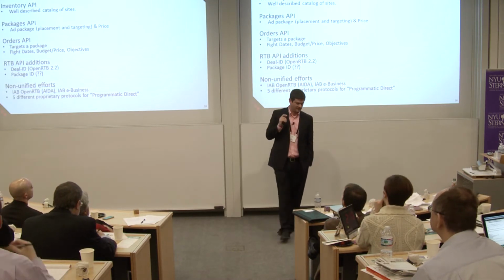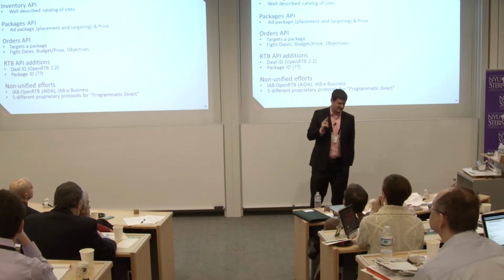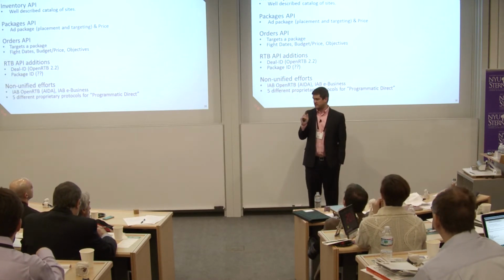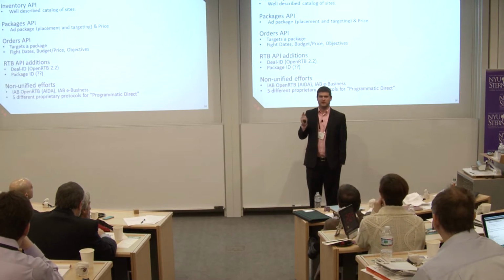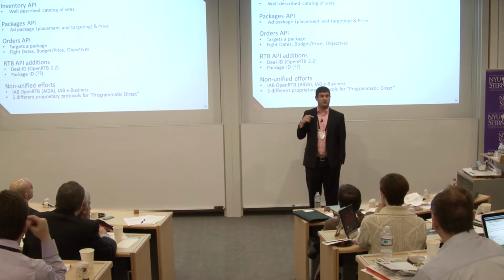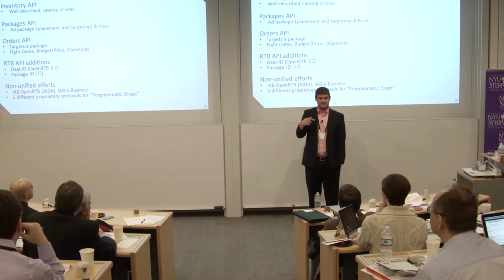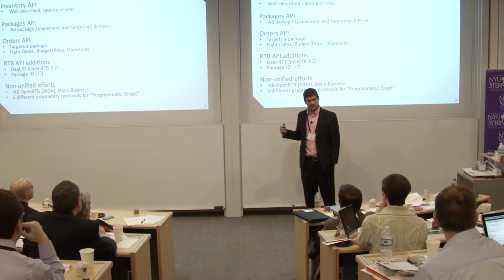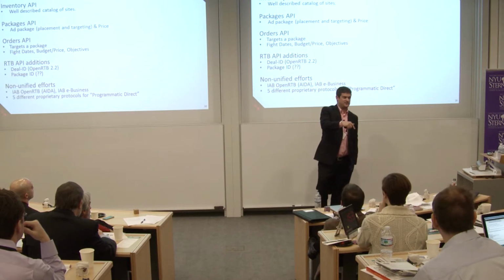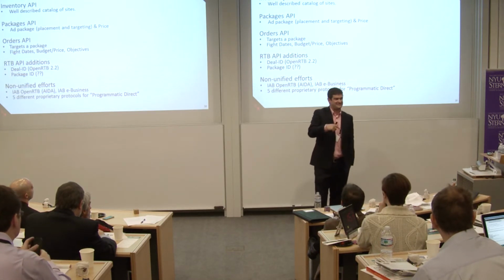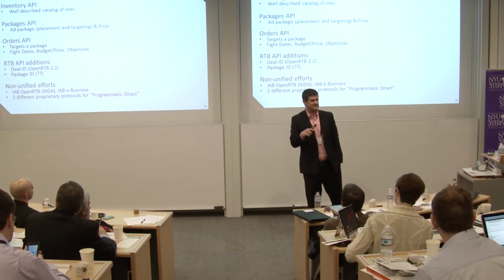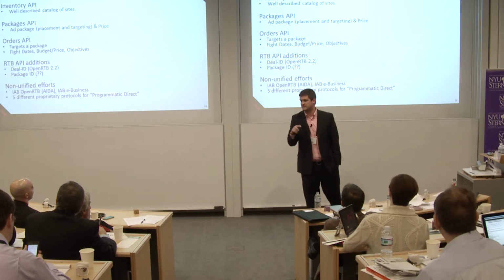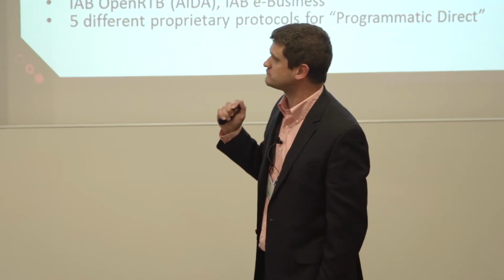Because it turns out that although we have mechanized the ability to buy tens of billions of impressions per day, the process to get to that point is quite difficult. There are a lot of steps involved in allocating budget, putting a budget in a system to spend. There's far more friction in that process than there is in the fairly fluid process of actually buying and spending the money.